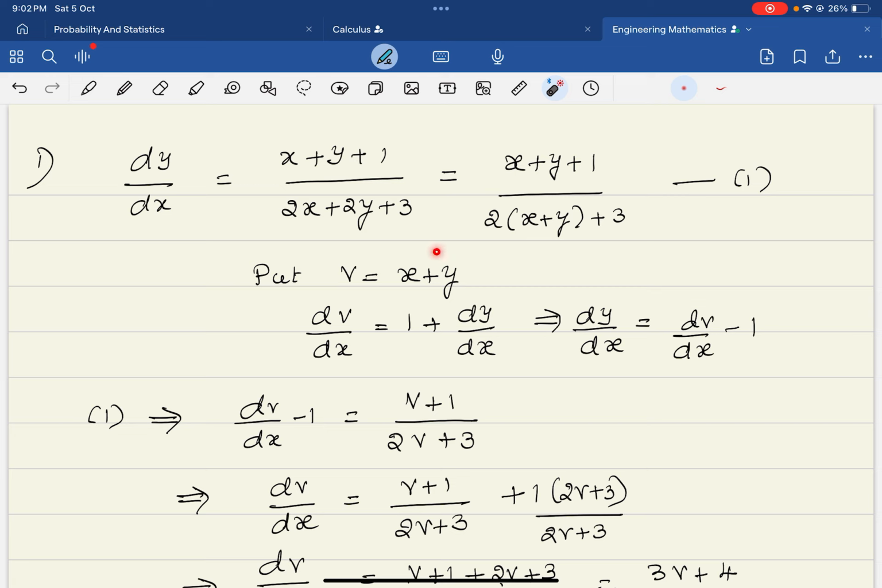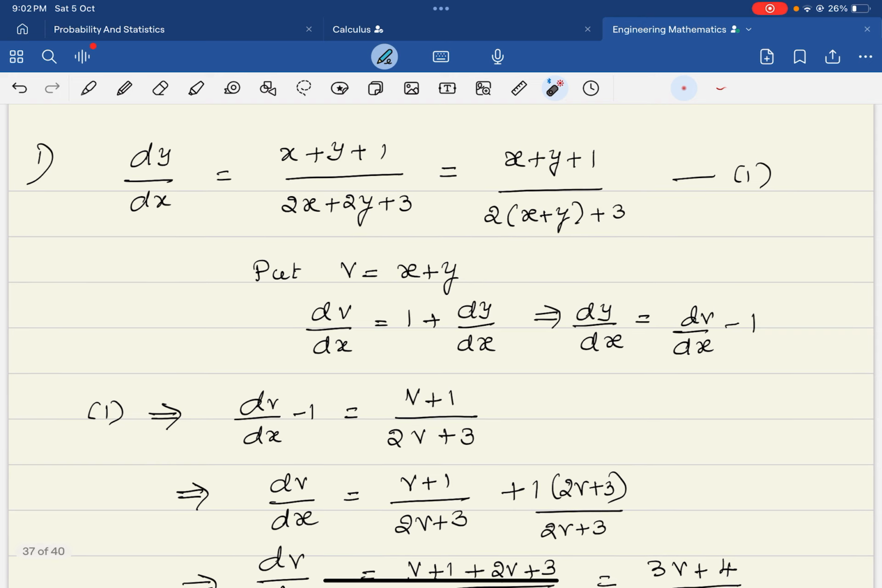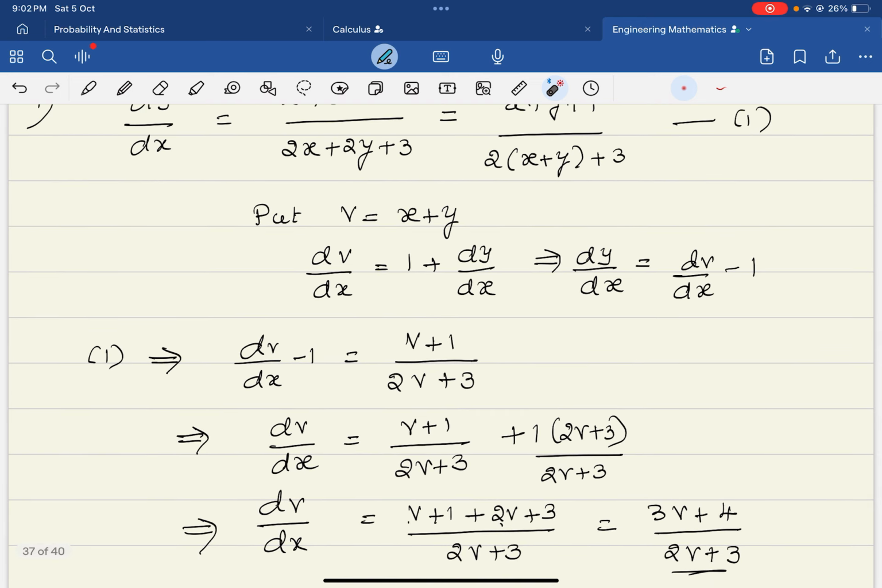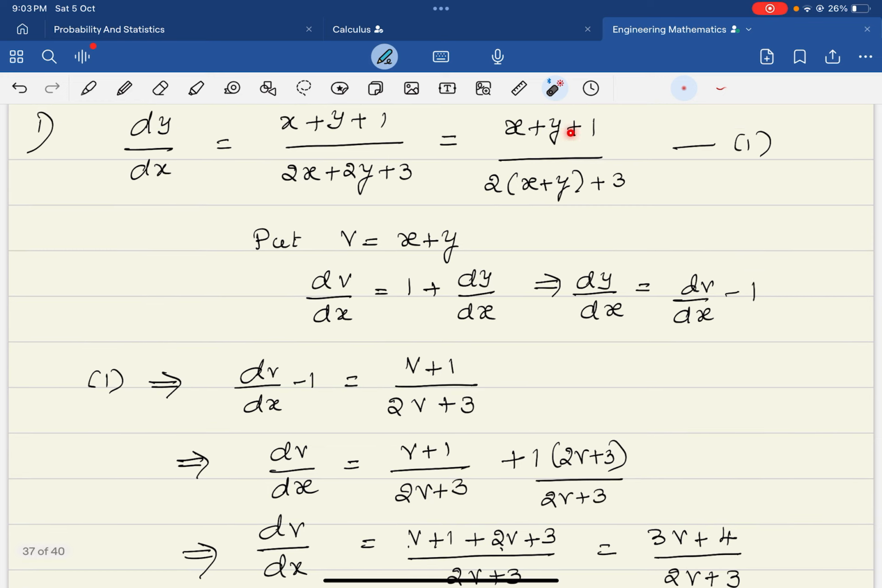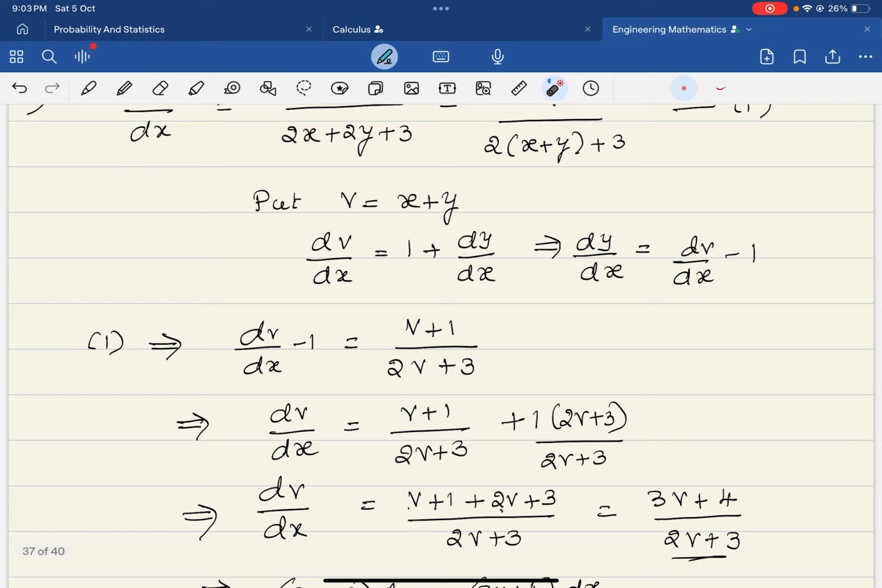What we are going to do now is plugging these values x plus y and dy by dx in this equation 1. So equation 1 gives you dy by dx can be replaced by dv by dx minus 1 and x plus y can be replaced by v plus 1, and this is 2v plus 3. Now there is dv by dx minus 1, correct? So let us send this minus 1 to the other side, which is v plus 1 by 2v plus 3